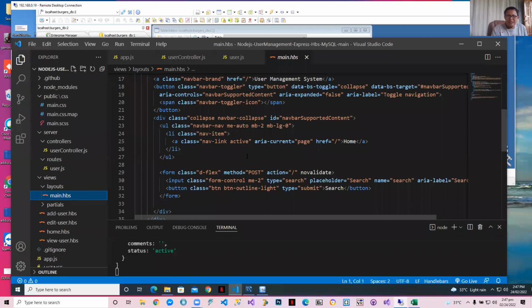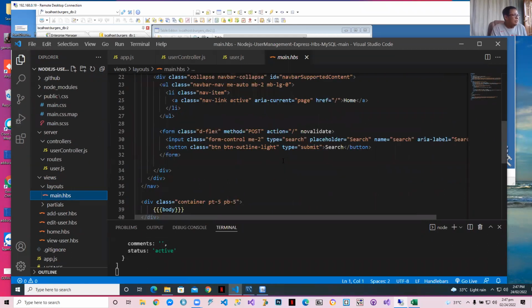That's the facility of Ajax. Ajax is every programmer's dream, where you can inject a middle tier before contacting your server. Here, it has a method post and it has an action. So therefore, it will call the route right away when the submit button is clicked. It's simple, but